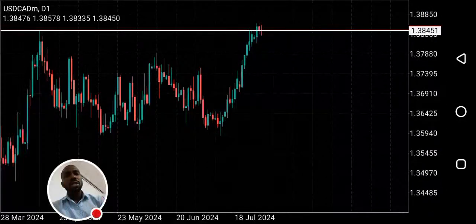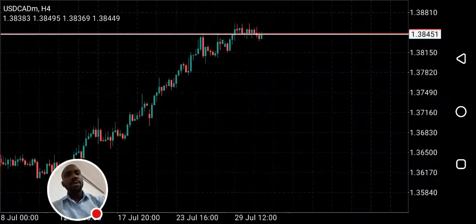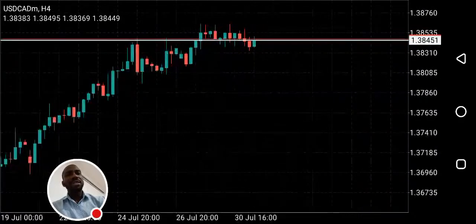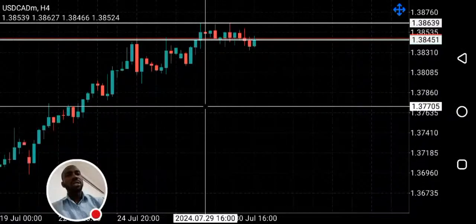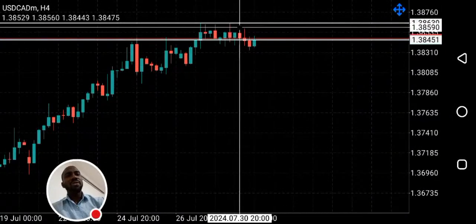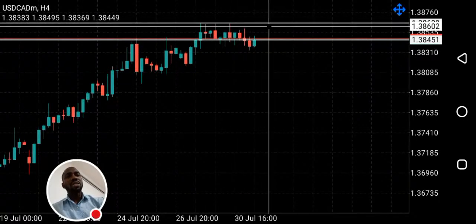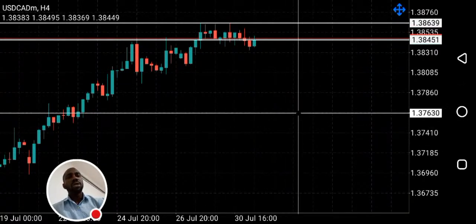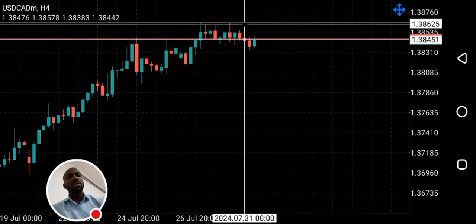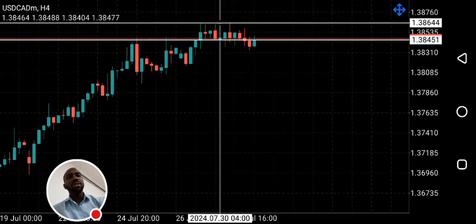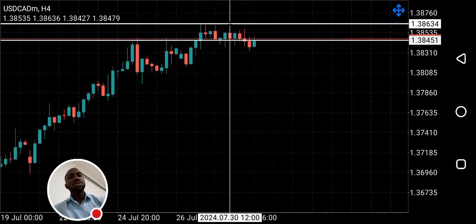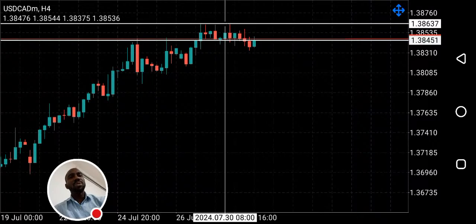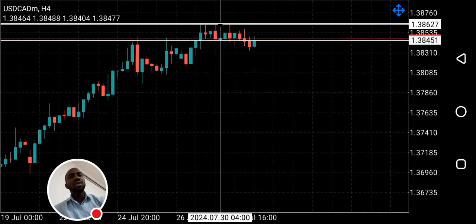So that's on the daily. What do we have on the 4 hour? We've had several reversal patterns, but this area is a danger zone. I still want to clear liquidity. There are a lot of stop losses residing at this previous high, so they might still want to clear liquidity at this previous high before going bearish. So if you're taking a trade on USD CAD, your stop loss should be at least 20 pips above this high. This is a danger zone. So set your stop loss at least 20 pips above the high of these candles. I hope that is clear.